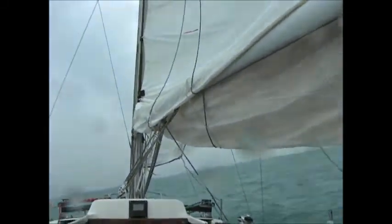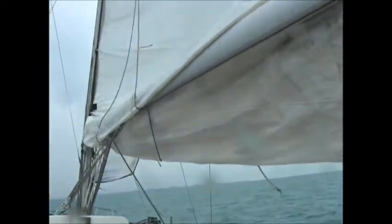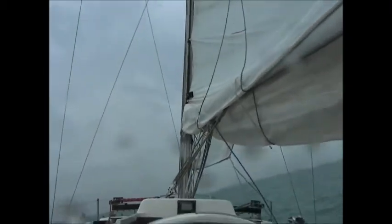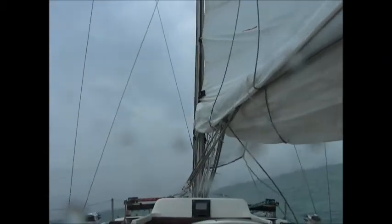About 19 knots. And making about 5 knots speed. And like I said, the weather's definitely turned for the worse. Getting kind of rainy and yucky out. Slow down a little bit because of the furled jib. But when we get close, I don't want to be fighting that thing, trying to get it back in this strong wind. So we will